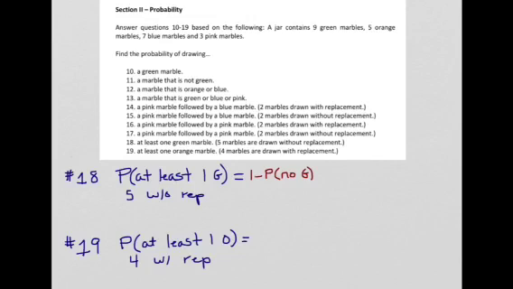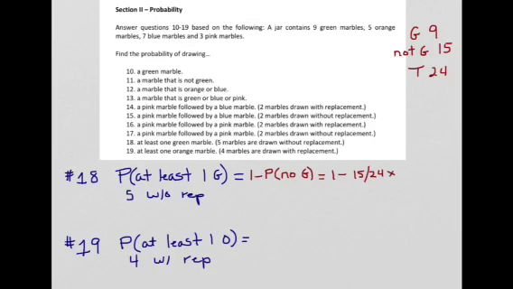So what I'm going to do is come over here and say, to start off with, there were 9 green marbles. And there were a total of 24 marbles. So how many not green marbles were there to start off with? And that would be 15. So I'm going to type this into the calculator basically just like this. I'm going to write 1 minus, and then probability of not green the first time. Well, that's 15 over 24